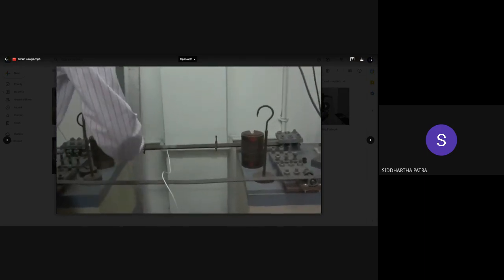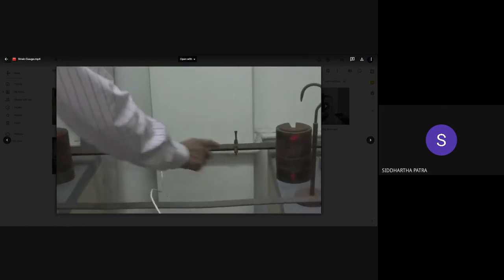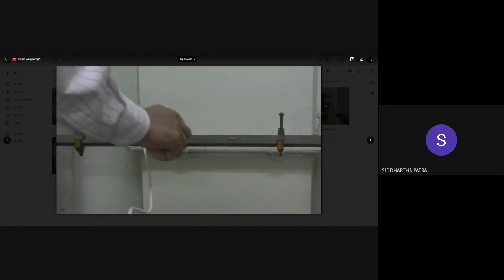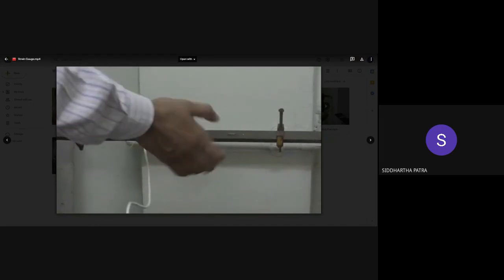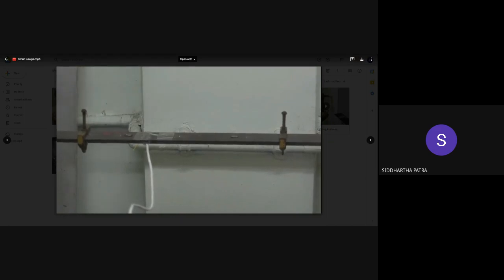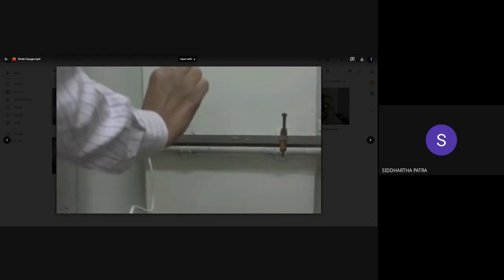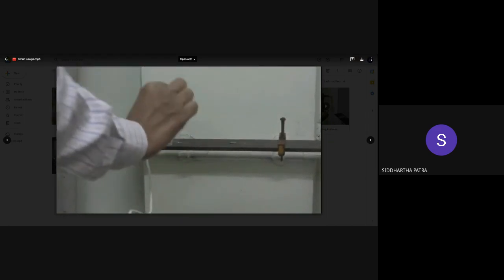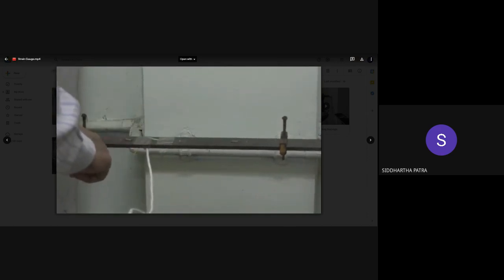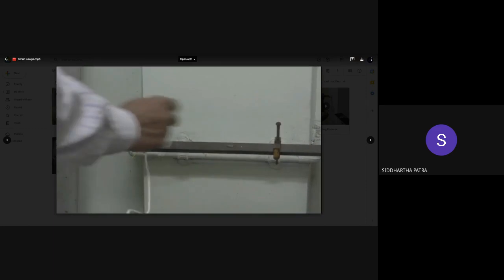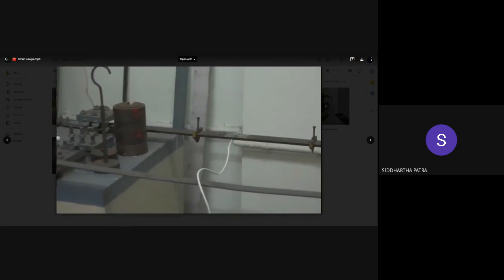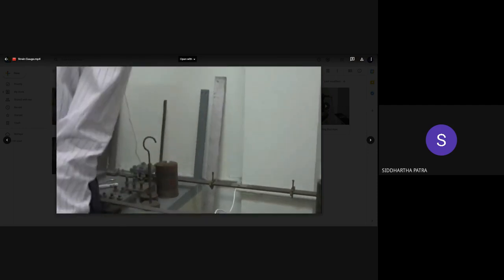Everywhere in the beam, the axial strain will remain at the same value. So, on the top surface and bottom surface, we will attach two electric resistance strain gauges, and this attachment can be made at any axial location between these two, because in that case the value of strain we will get will be the same.